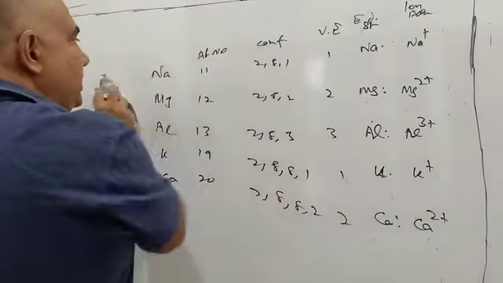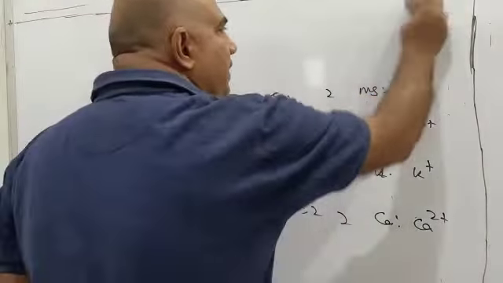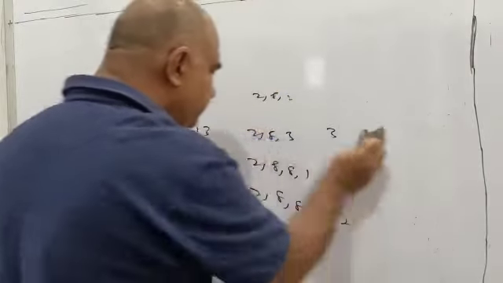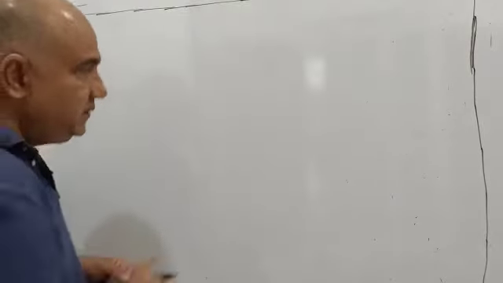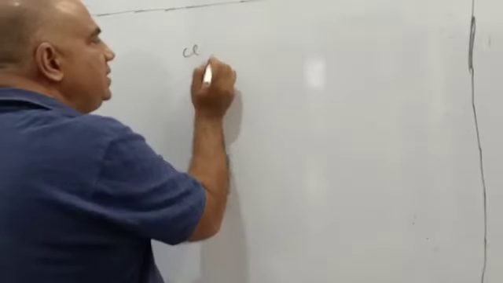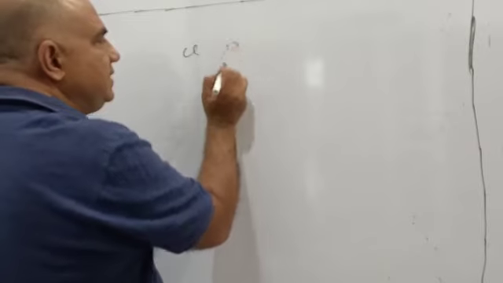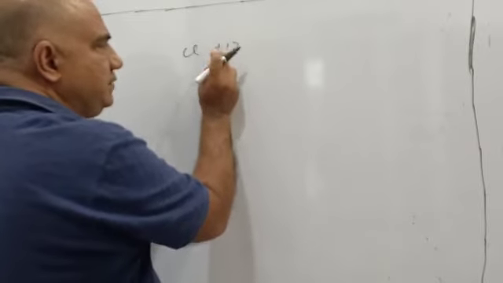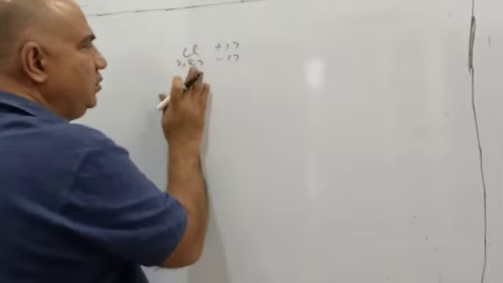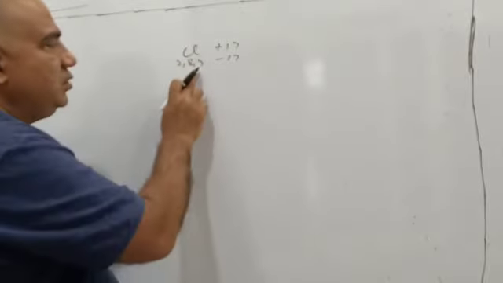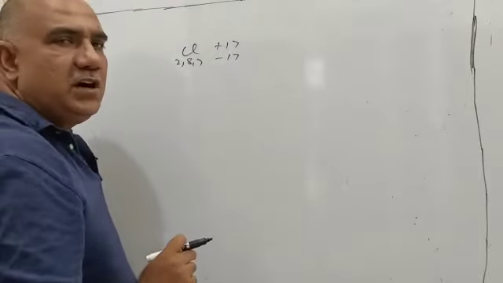Now we will see the formation of electronegative ions. To begin with, let us take the case of chlorine. If I take chlorine, the atomic number is 17. So 17 protons, 17 electrons, 2, 8 and 7. Overall charge is 0. And now it is having 7 electrons in the outermost orbit.